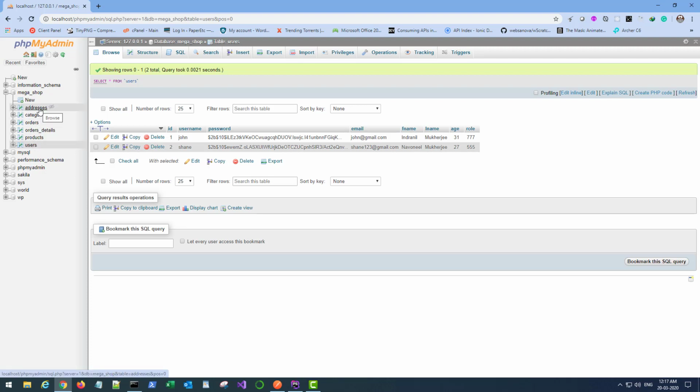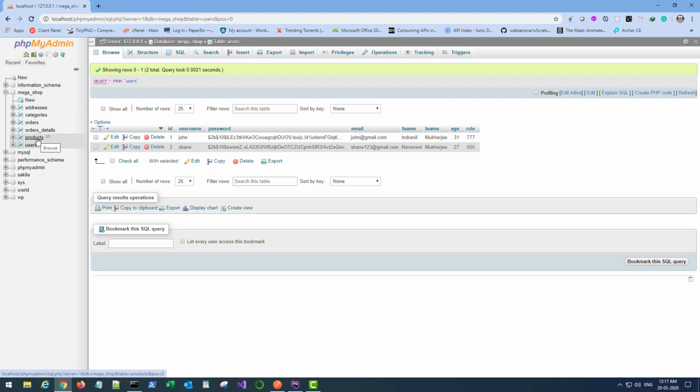But you can always go ahead and create your own database, name it whatever you like, and create a few tables. Make sure you name them as it is what I have used here. Otherwise, you need to modify your code accordingly. Okay,